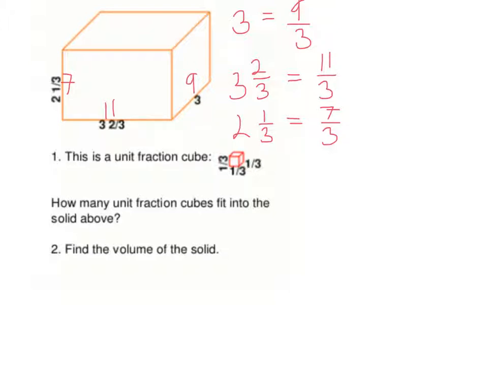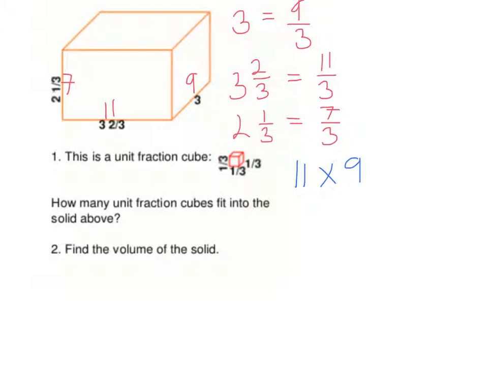So we're going to have 9 cubes along this way, giving us our width, 11 cubes on our length, and 7 cubes on our height. So if we imagine that the cubes all stacked up and filled into the box, then we're going to have a layer on the bottom of 11 by 9. So if we do 11 multiplied by 9,